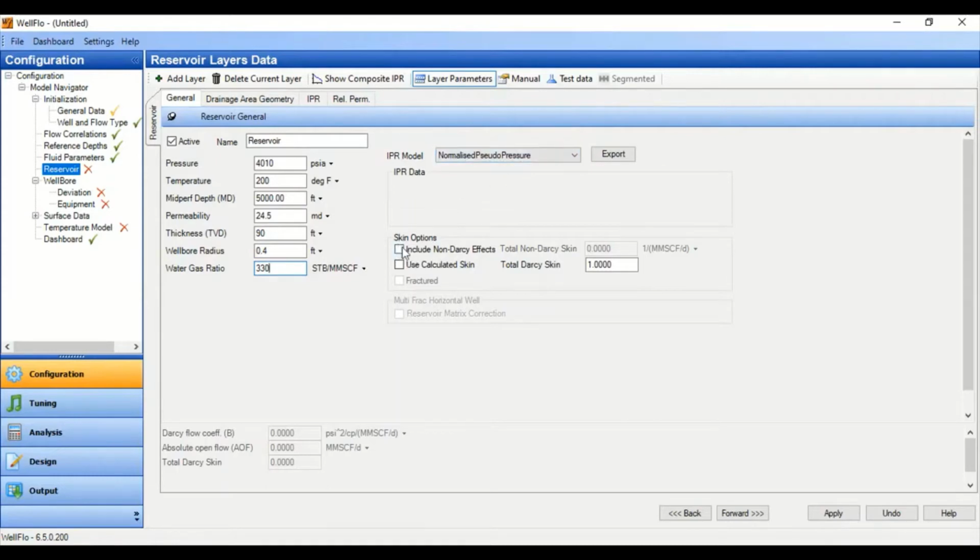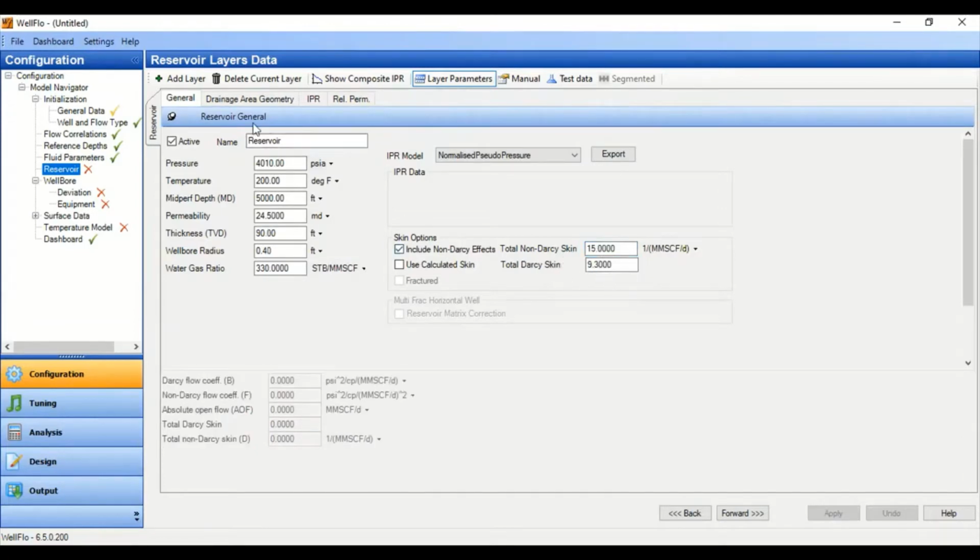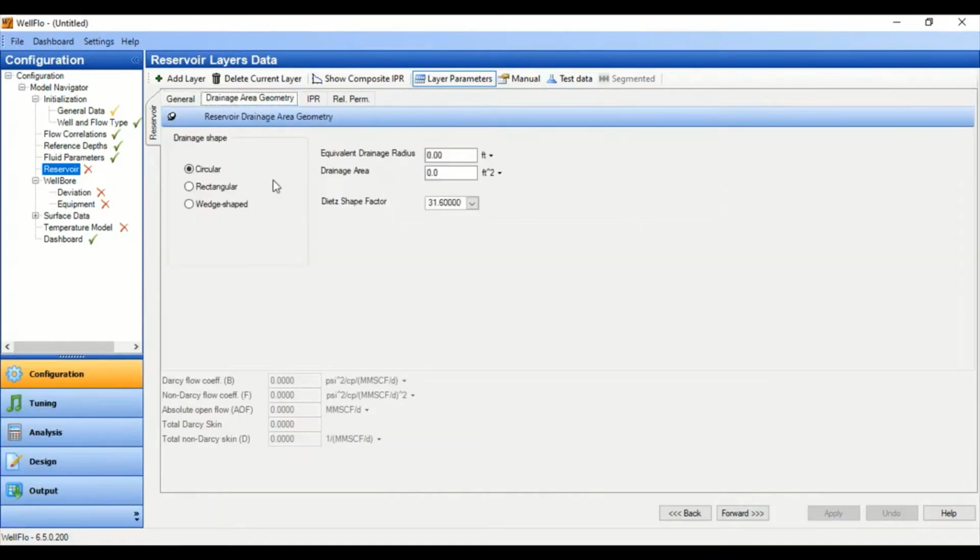Okay, we include this non-Darcy effects, so we take this one, total non-Darcy skin of 15, okay, and total Darcy skin of 9.3.